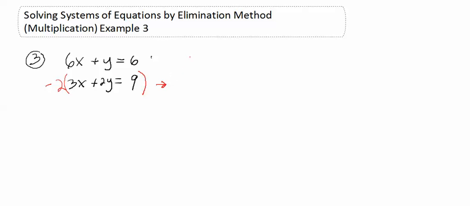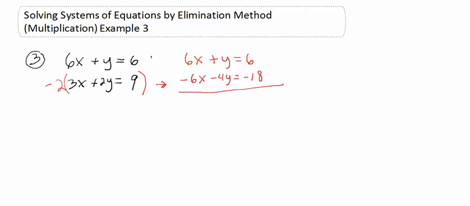So the top one I'm just going to keep the same. 6x plus y is equal to 6. The bottom one I'm going to say -2 times 3 is -6, and keep the x. -2 times +2 is -4y, and then -2 times 9 is -18. Draw my line